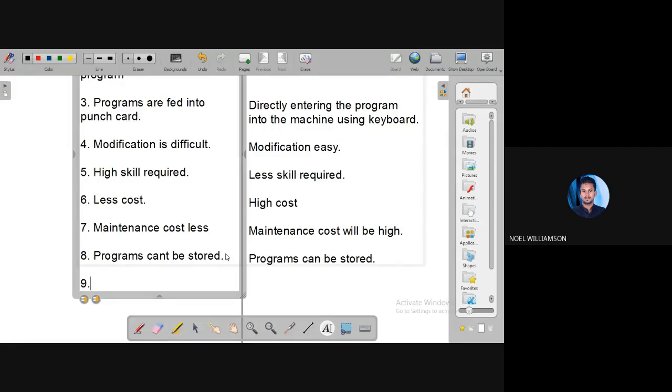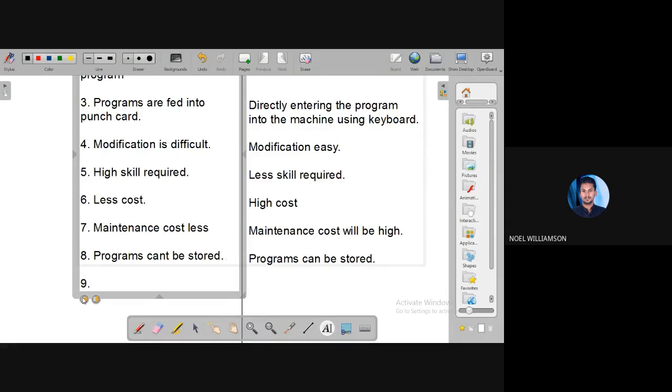So in the case of NC machines, the flexibility is very low. But in the case of a CNC machine, the flexibility is very high. That means we can easily incorporate any modifications. The modifications are totally possible in the case of a CNC machine.